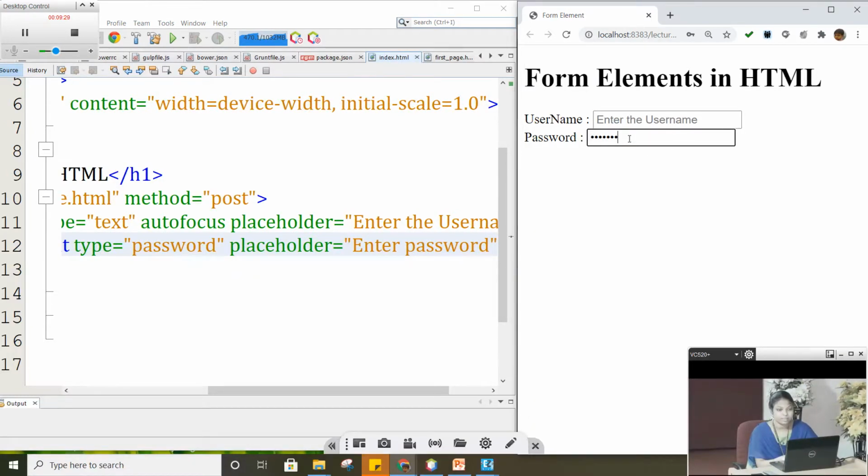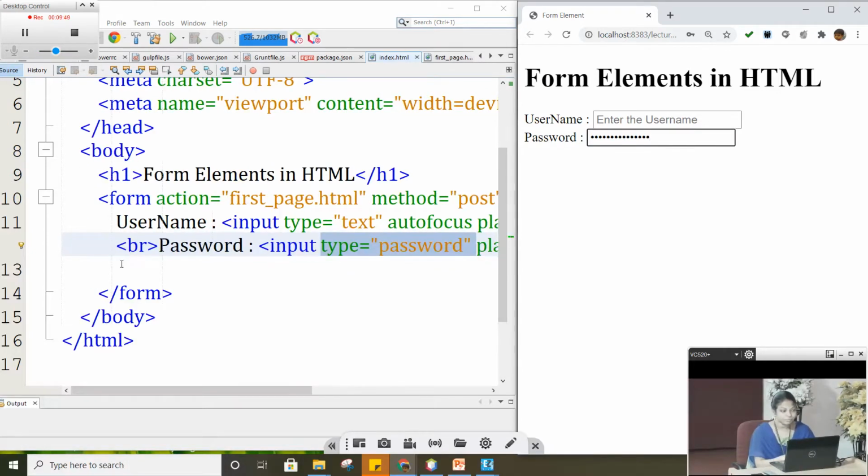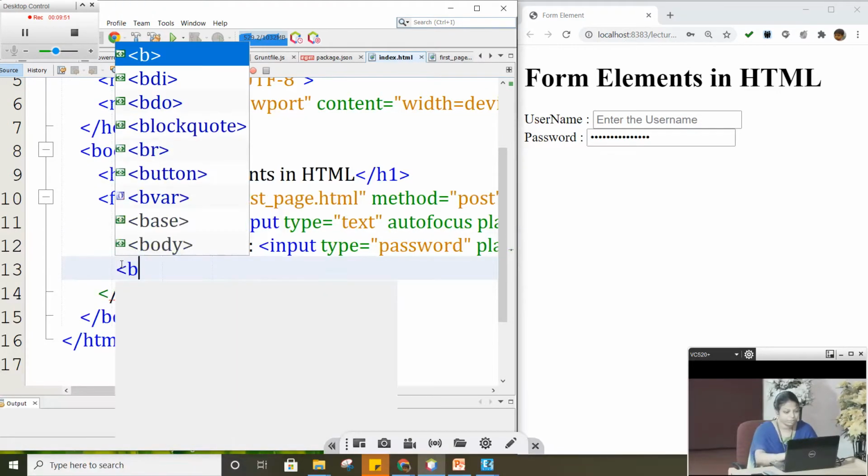Once I start typing something, you could see only the bullets. Whatever text I'm typing here is not visible on the password. So that's the advantage of keeping type as password. Whatever I type here will not be visible to the user. It's coming as bullets. Okay, so next we are going to see the next thing.